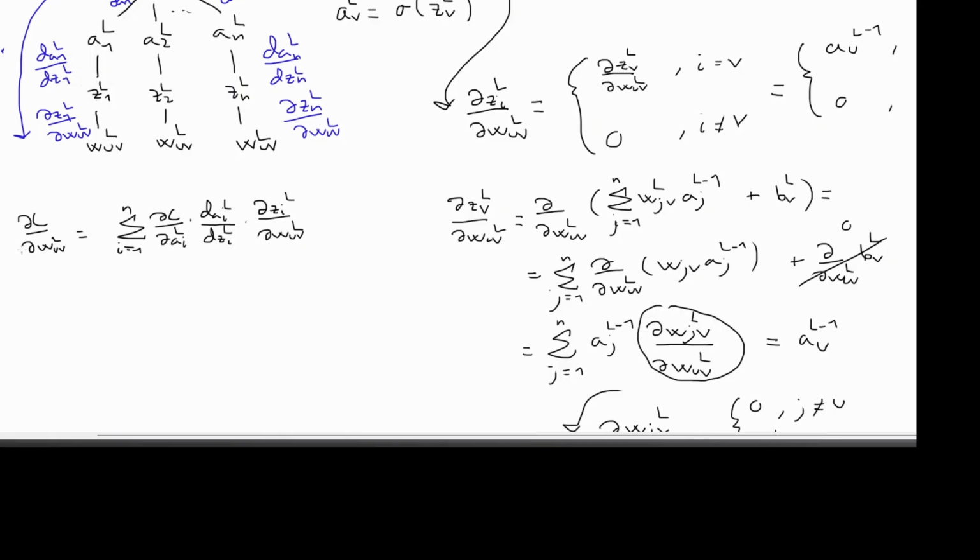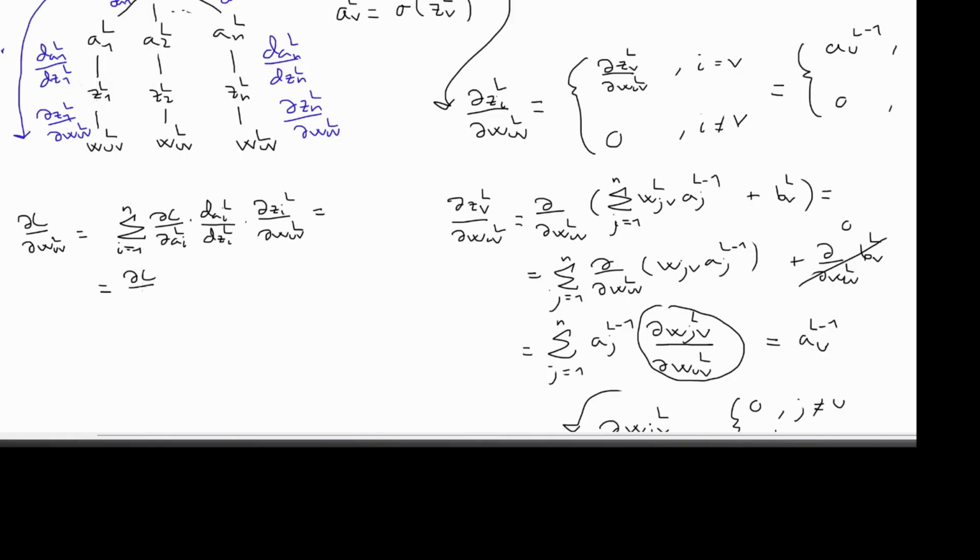Now going back to our outermost derivative, the partial derivative of C with respect to the weight, we got this expression previously, and then we looked for an expression for the partial derivative of the weighted input at some arbitrary neuron I, which we computed here. So we see that when our summation index is equal to V, we get a non-zero term, and when it's not equal to V, we get 0, which means that if we substitute this partial derivative here, we get a 0 term when I is not equal to V,